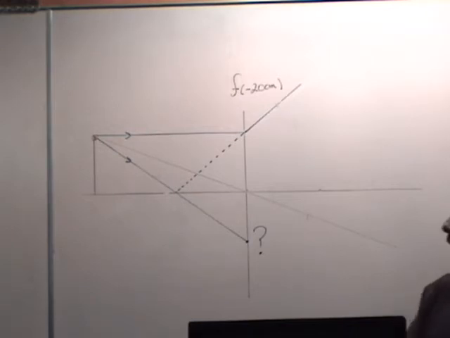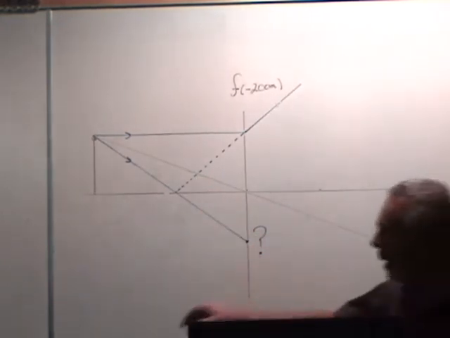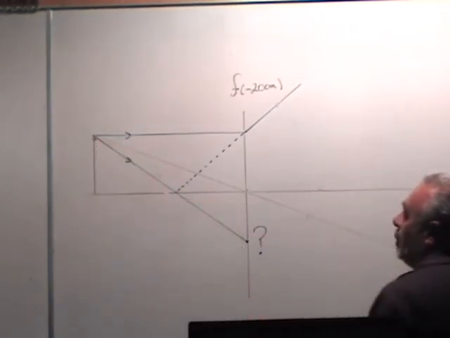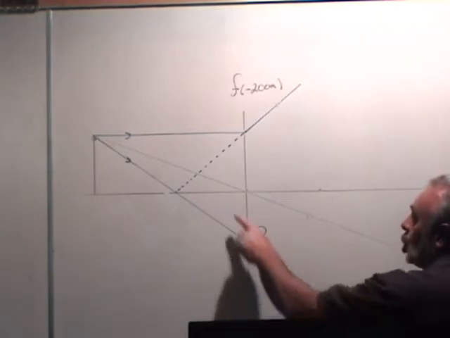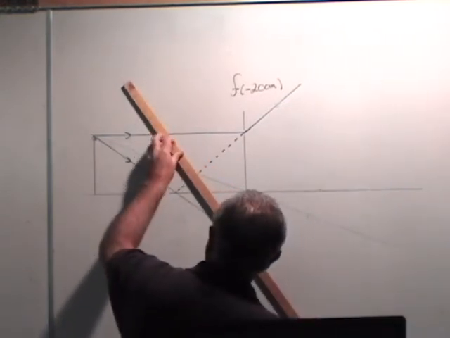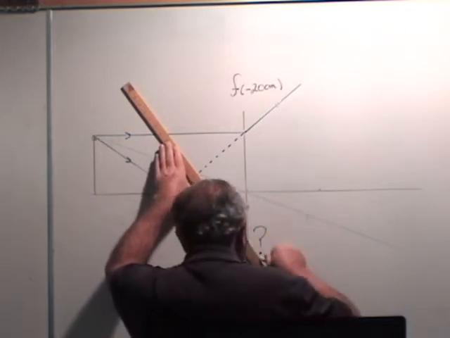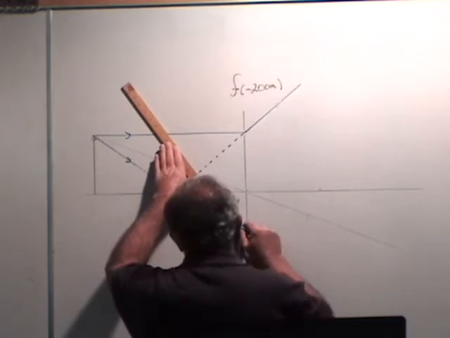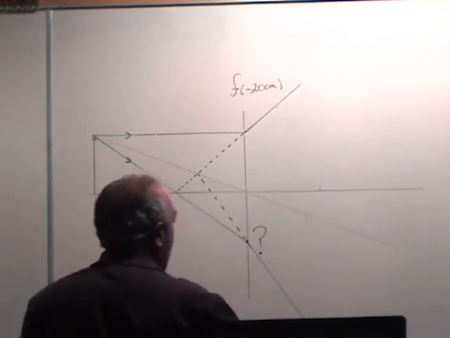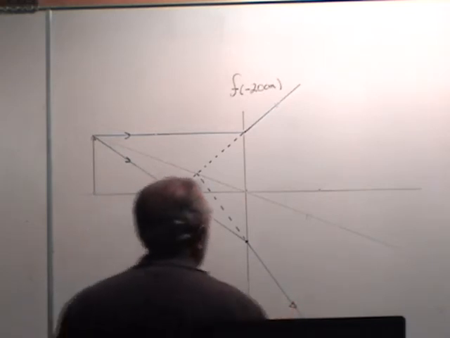By the way, now that you know that the image is there, now you can figure out this light ray. Because if this light ray was diverging from the head of the object, then after the lens, it should diverge as though it came from the head of the image. So now that I have found the image, I can do this. Look, I can put this here, that there. This light ray, now I know it diverges as though it had come from the image. So, I finally figured out what this light ray is going to do, but I figured that out later, after I actually found the image.